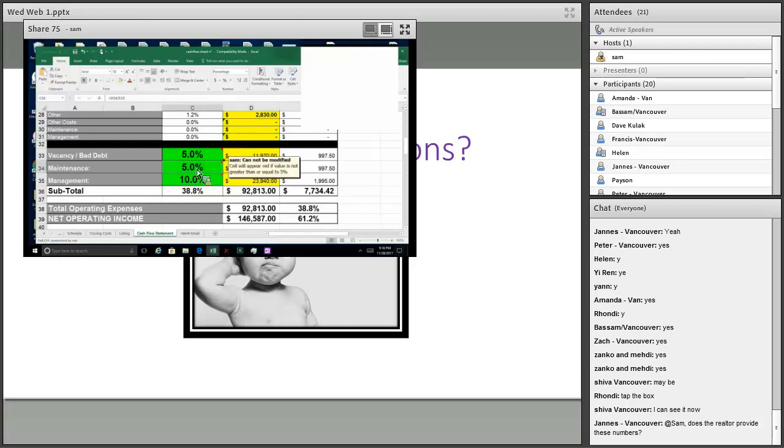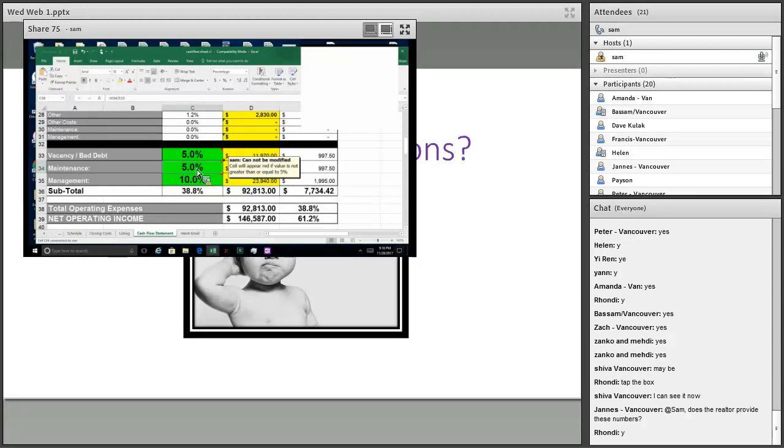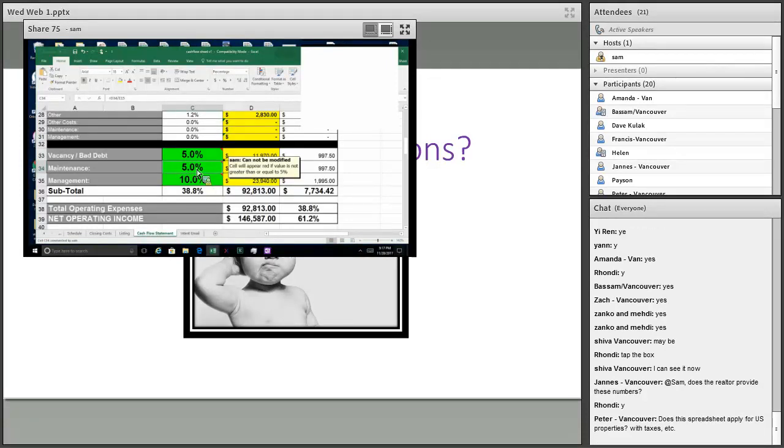Does everybody see that and understand that? Yeah, a realtor would provide these numbers, or the seller. This is what I want to remind everybody. We don't want to be shocked if somebody doesn't provide all the information to us, because part of the reason that they might be selling is they're a distressed seller or a tired landlord. So if they don't provide that information, we just have to make sure we verify it, and that would be something we would deal with in our agreement, making sure they provide income statements and the rent rolls.